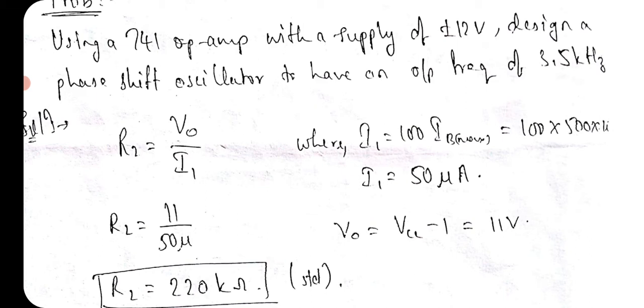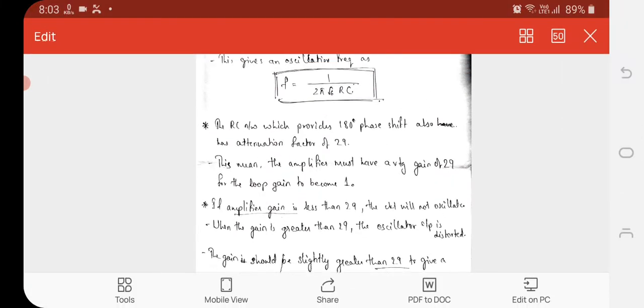To overcome this problem, we reduce our gain in such a way that if the output is crossing V naught sat, then we reduce it to within V naught sat, to have a pure sinusoidal waveform output. We reduce the gain so as to bring it within our saturation line. This is why we need to do stabilization of the circuit. For stabilization of the circuit, we need to have control over the feedback resistance, that is R2.